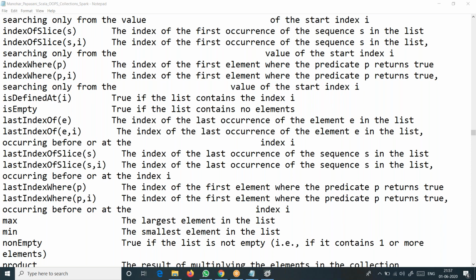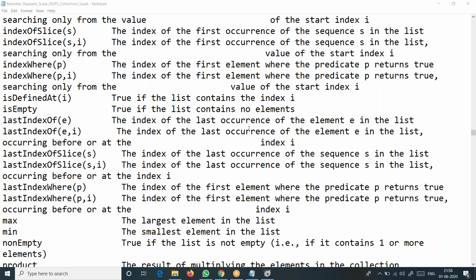Is defined at: suppose some element is there at some index, it returns true. Is empty checks whether it is empty or not. Last index of, similar to index of, which returns the first occurrence of an element, or the next, third or fourth occurrence. Last index of checks whether it is the last occurrence.